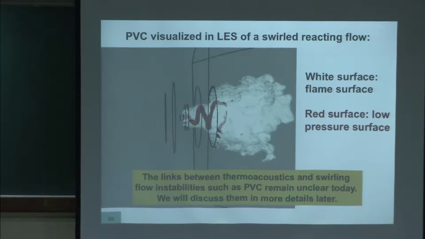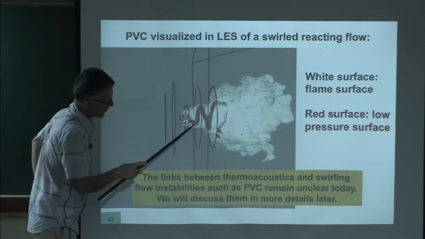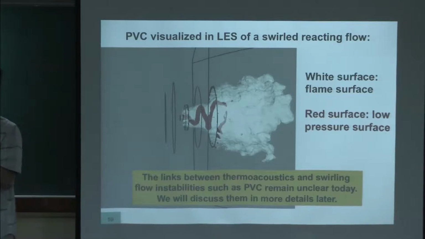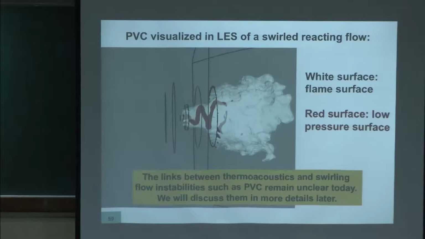At the center of the vortices, the pressure is low, the velocity is not. The velocity can be high because you have rotation. Well, on the axis here, if you want to use the velocity to see the vortex, you have to use the Q criterion. Because it's not the velocity which tells you if you have a vortex or not, it's the vorticity or the Q criterion. The velocity itself, it's difficult to see it on a PVC.